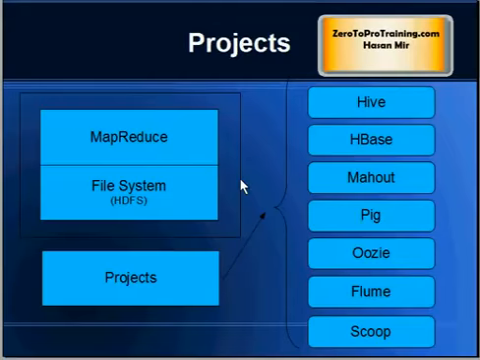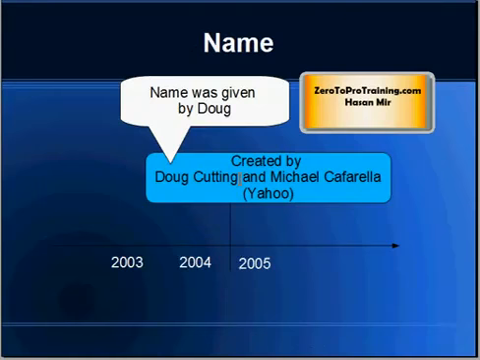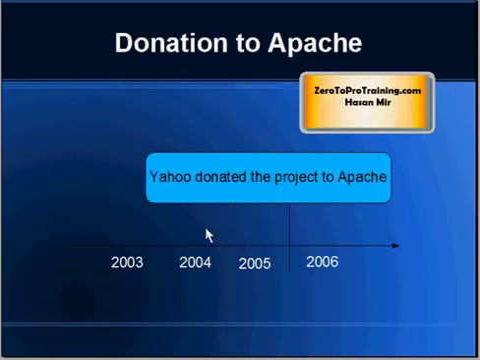Each of these pieces of software is providing a value add in a certain area related to Hadoop. There is a separate video that talks about the overview of each of these tools. So here I'm simply listing the main projects that are related to Hadoop. Doug's son had a toy elephant, and he gave this name Hadoop to his toy elephant. So this is where the name is coming from. And in 2006, the project was donated to Apache. So now Apache is maintaining Hadoop and the related tools.